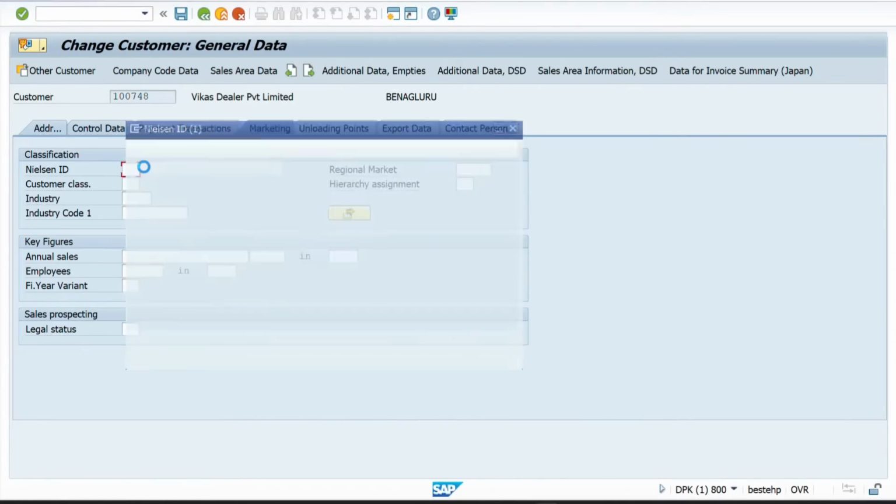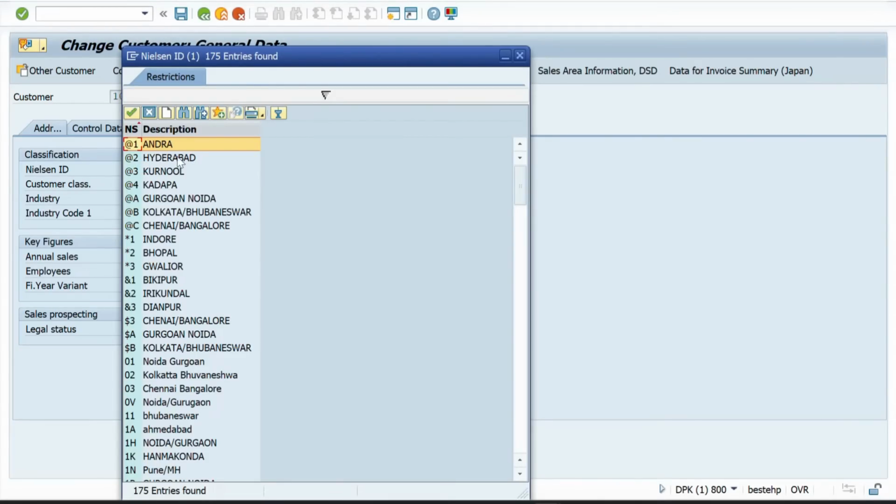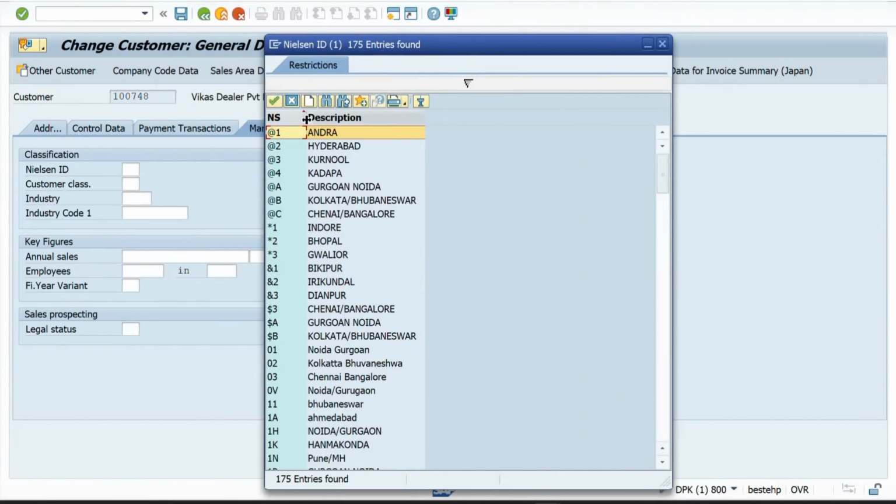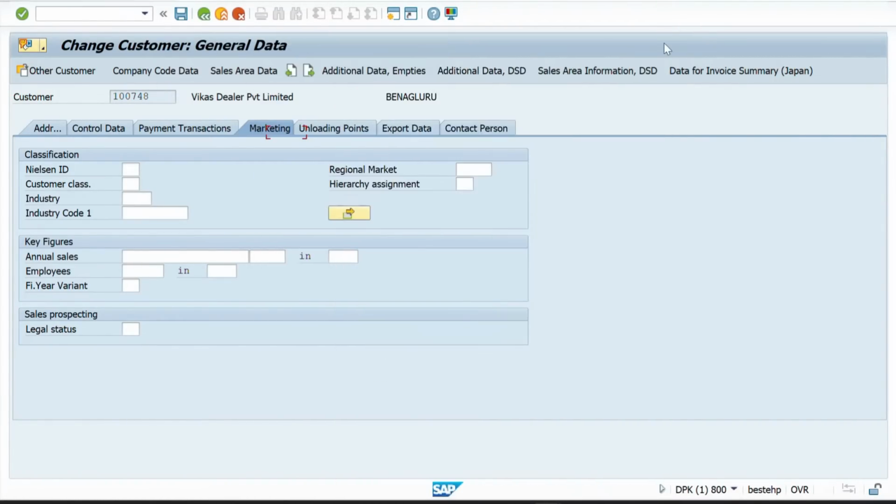Now, if you click F4, we have like Andhra, Hyderabad, Kurnool, Kolkata, Chennai, Indore, like this. We have many, the descriptions, the Nelson ID description. Similarly, we can have our own description. See how we can have